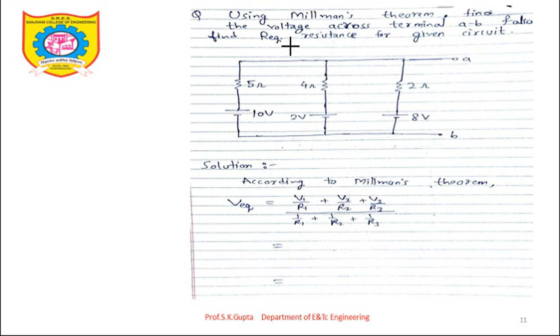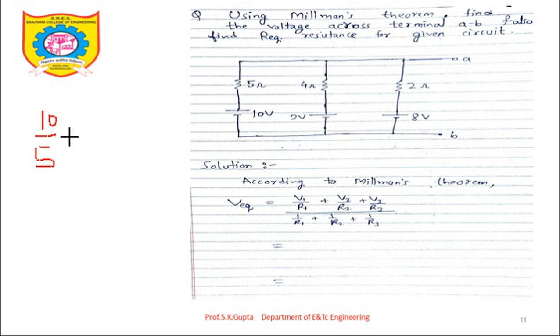Also find R equivalent for the given circuit. So use the formula of Millman's theorem. The formula for V equivalent is V1 by R1 plus V2 by R2 plus V3 by R3, divided by 1 by R1 plus 1 by R2 plus 1 by R3. So what is the value of V1? 10 upon 5